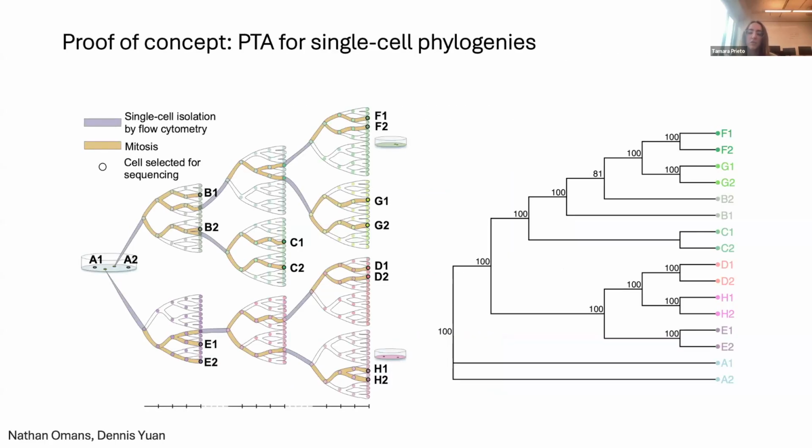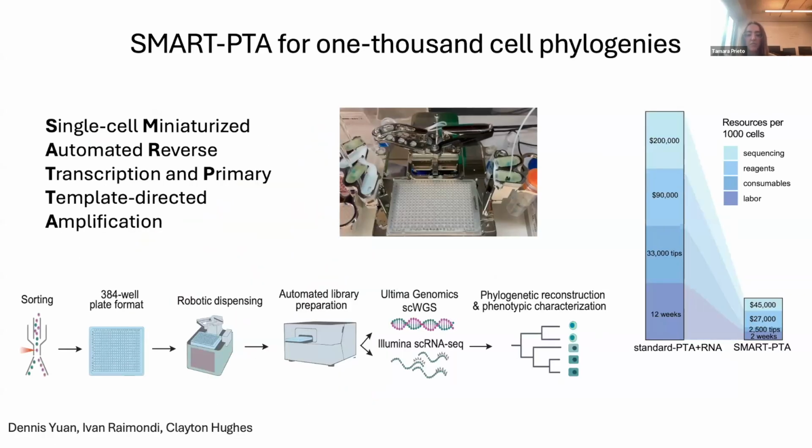And we built an in vitro evolutionary experiment by expanding DLD1 single cells during 4 months. And we PTA amplified and sequenced 16 cells, 2 from 8 different clones. And using the somatic mutations along the whole genome, we reconstructed a topology congruent with our experimental design. And importantly, as you can see in the slide, branch lengths correlated with culture time for each lineage.